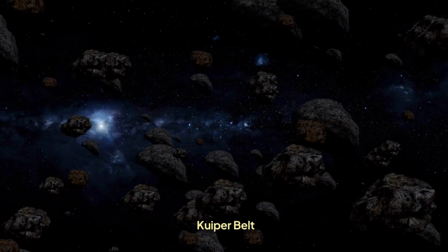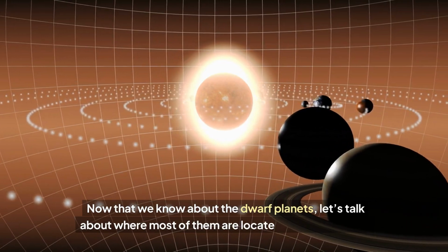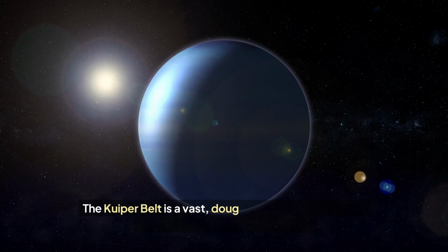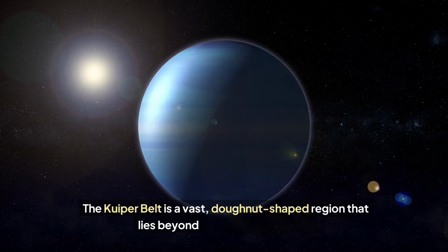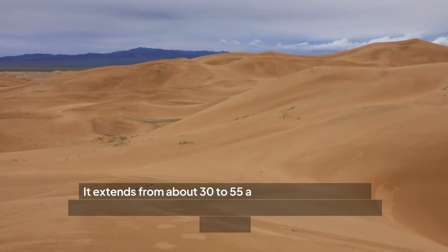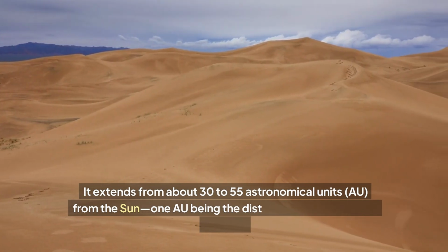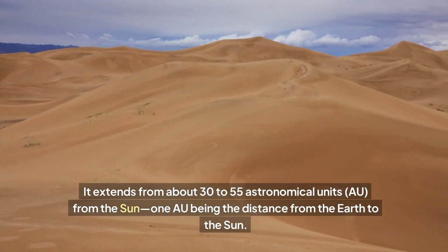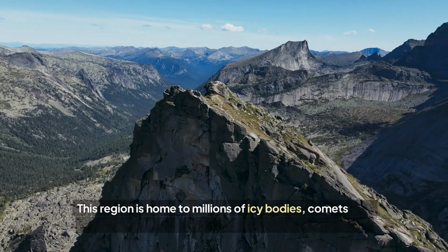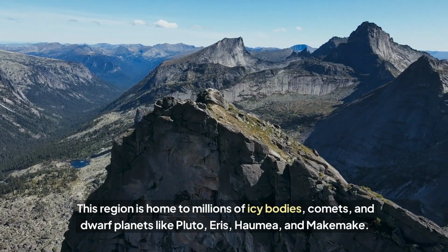Kuiper Belt. Now that we know about the dwarf planets, let's talk about where most of them are located: the Kuiper Belt. The Kuiper Belt is a vast, donut-shaped region that lies beyond the orbit of Neptune. It extends from about 30 to 55 astronomical units from the Sun, 1 astronomical unit being the distance from the Earth to the Sun. This region is home to millions of icy bodies, comets, and dwarf planets like Pluto, Eris,